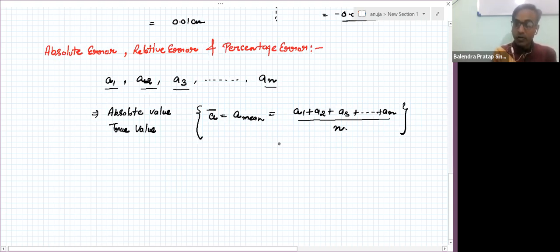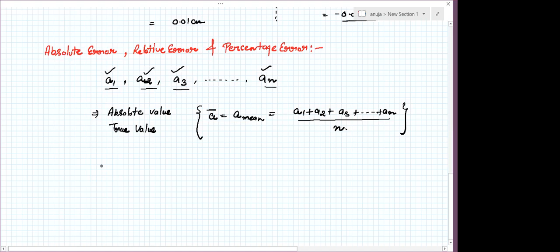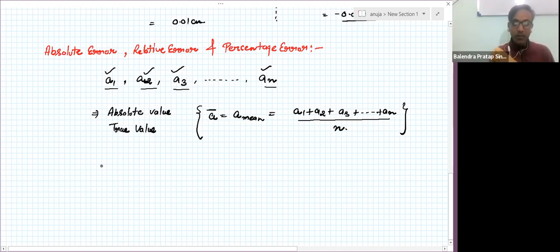To be very clear, what is A1, A2, A3 here? A1, A2, A3 are basically the measurement values. Okay, suppose somebody takes the true value as 5.25. Somebody is trying to observe the length of that object. So in his first measurement, he gets a value like 5.24. In another measurement, he gets a value like 5.23, something like that. Okay, these are measured values. Is it clear? What is A1, A2, A3? Yes, sir. It's measured value in each and every observation.